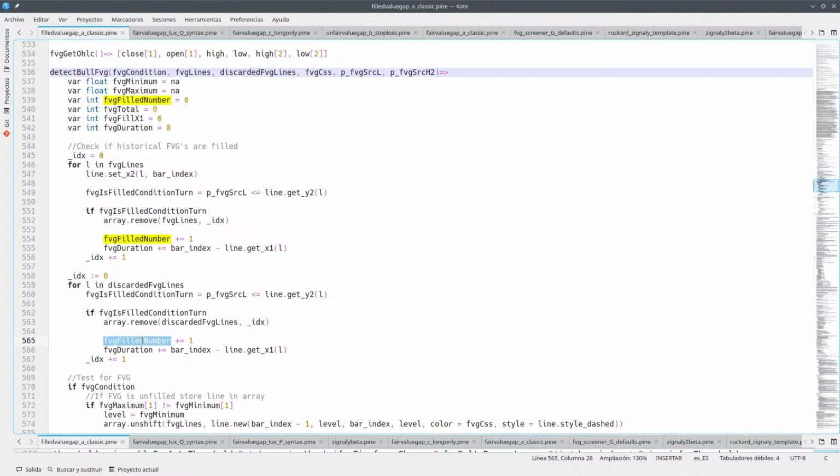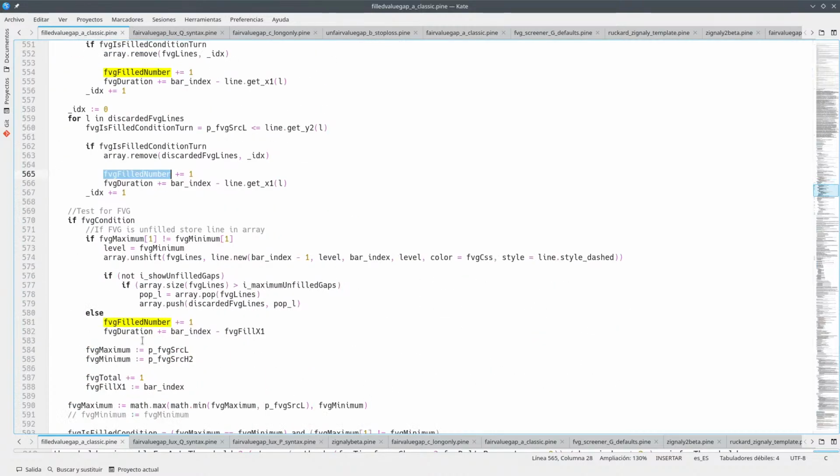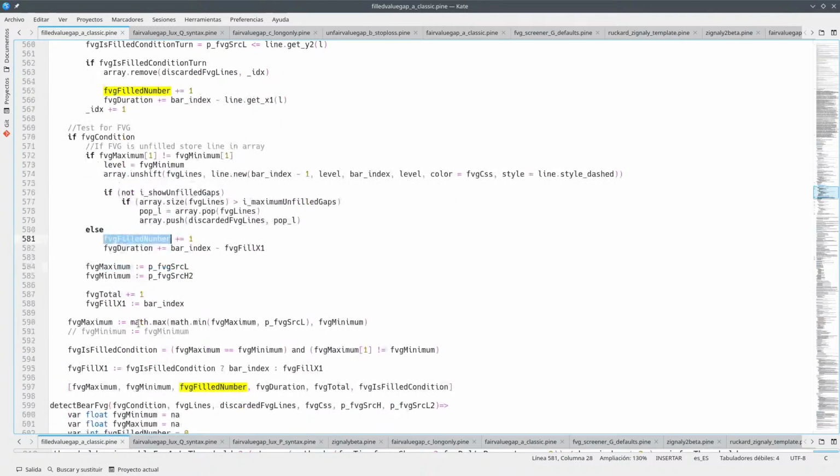Okay, and if the gap is found, you can check if it's unfilled or not, and once again the gap fill number is increased. Okay, so